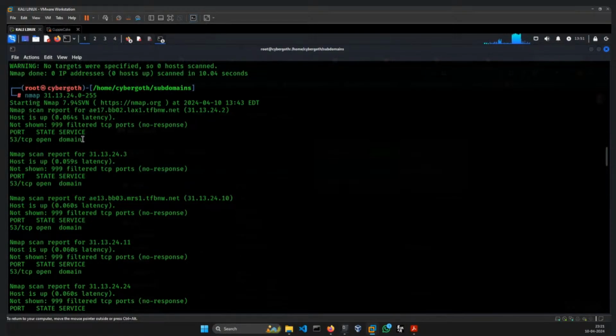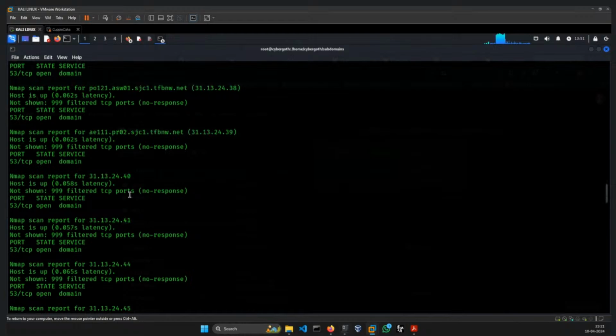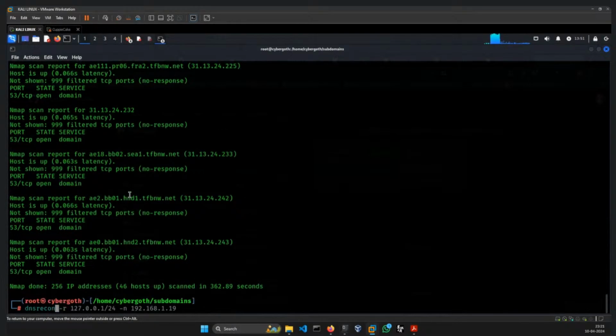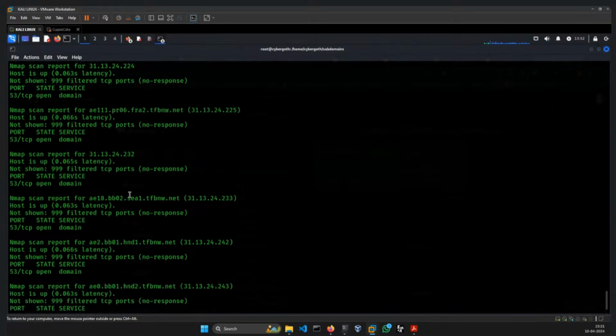By that you can guess that this might be used for hosting purposes, because it is mentioning this domain in the service section. But if you scan the top 1000 ports or specify the ports, then the scan time will be lesser. Now coming to DNSRecon, if you do this, just -r and the IP range